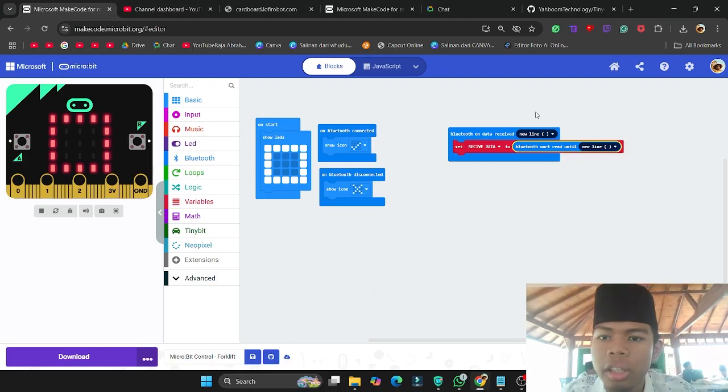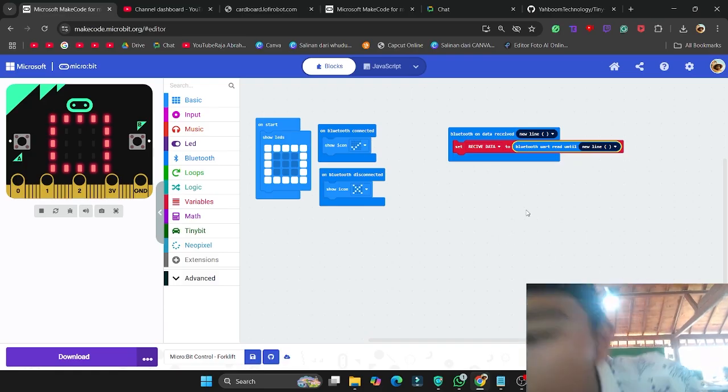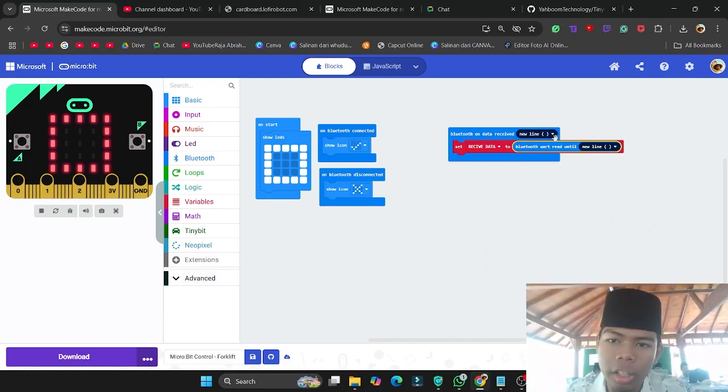So it's going to check every second, or a lot less than every second, whether there's going to be new data coming. The set data receiver is going to be our data holder, and our Bluetooth port is going to read the data to our micro:bit, and new line just checks for any new data that we get on Bluetooth.